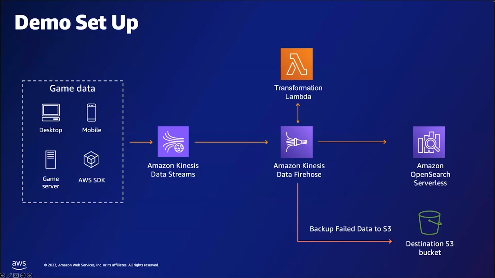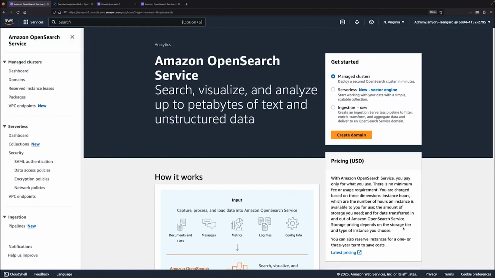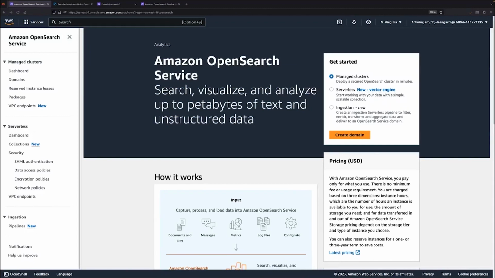So let's go ahead and switch over to the console and take a look at what we have as part of this particular demo. So I'm going to switch over on my screen to the Amazon OpenSearch service within the AWS console. This is a basic landing page here where we can see all of the different pieces of the OpenSearch service that we have from both provisioned clusters and serverless clusters. Plus, it's really easy to quickly get a new cluster up and running or even a serverless endpoint.